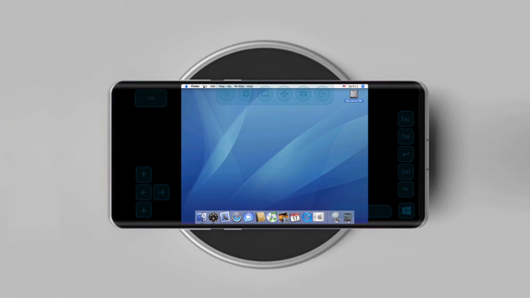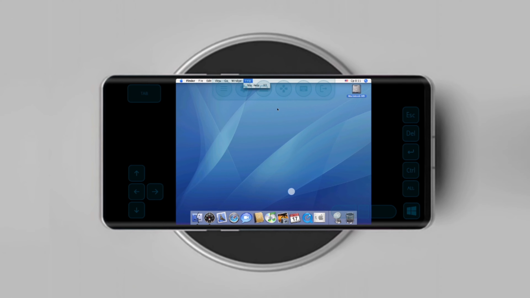Hey there, in this video, I'm going to show you how to run macOS on Android for free without rooting